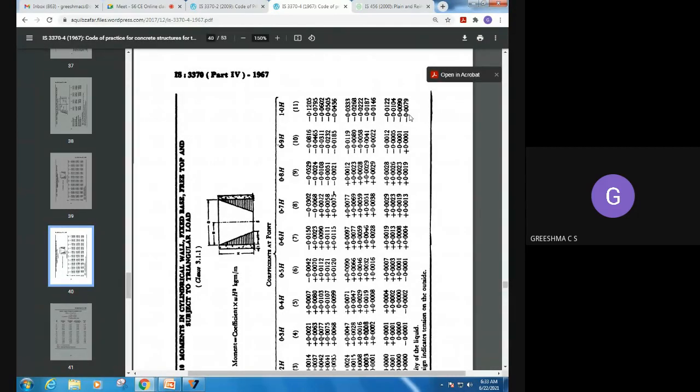Maximum moment will always occur at the bottom of the tank. While doing the cantilever retaining walls also, we have assumed that the maximum moment is at the base of the stem. Okay, so here also, in a water tank, at the base of the walls you will be having the maximum moment. The 0.3h, 0.4h that they mention, you are taking from the top of the wall. So to reach the bottom, you have to take full h.